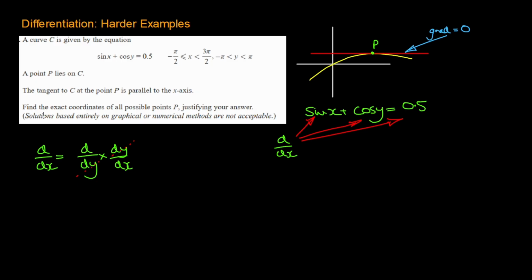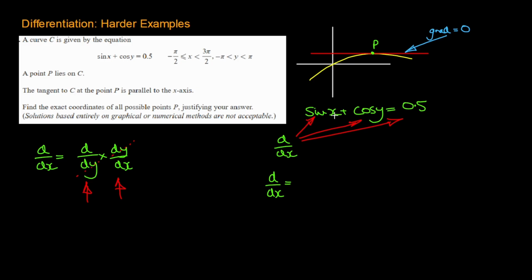So what it means is I can differentiate as though I'm differentiating with respect to y, but I must write dy by dx next door to that y term. So I can say d by dx